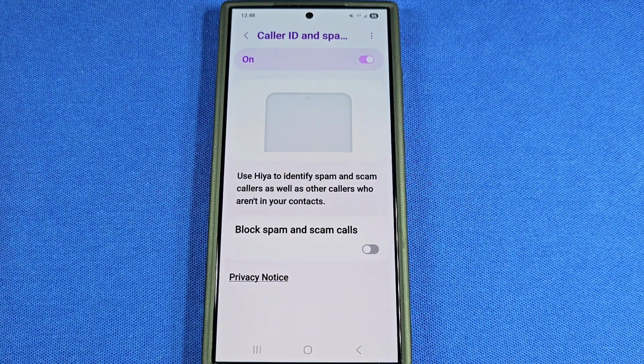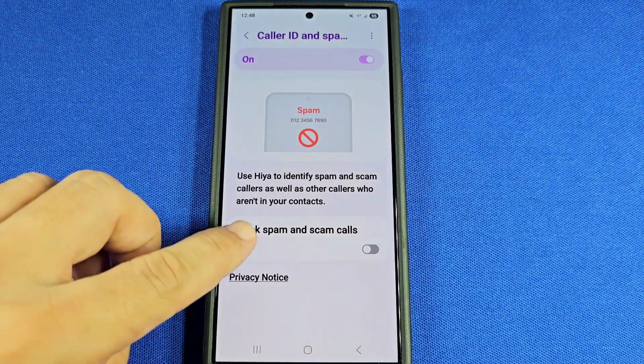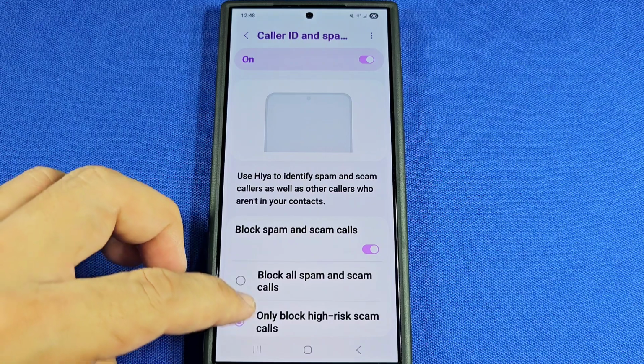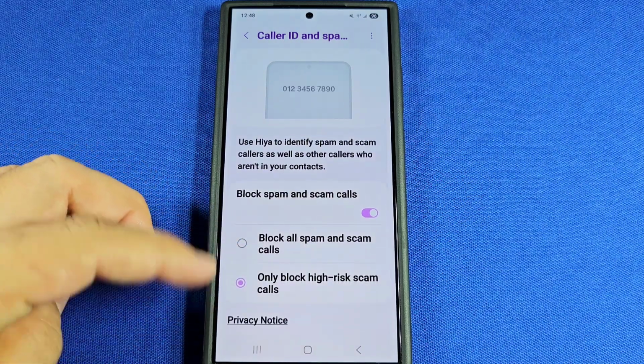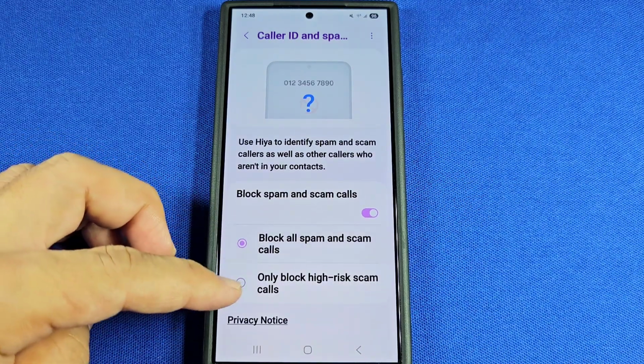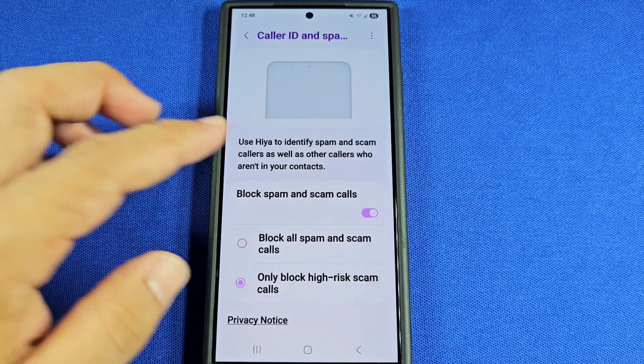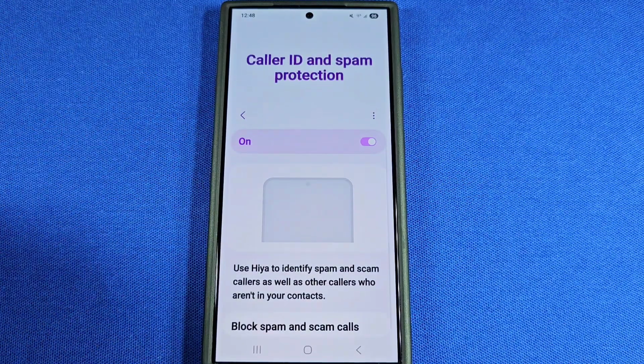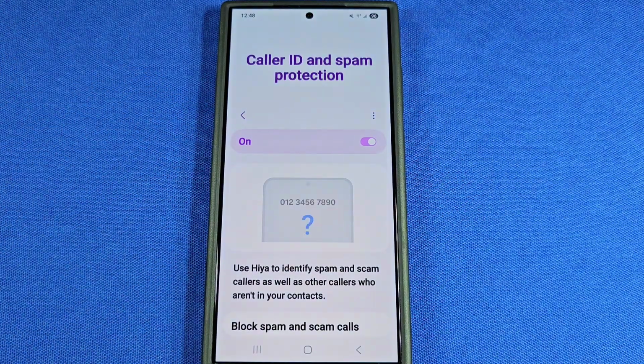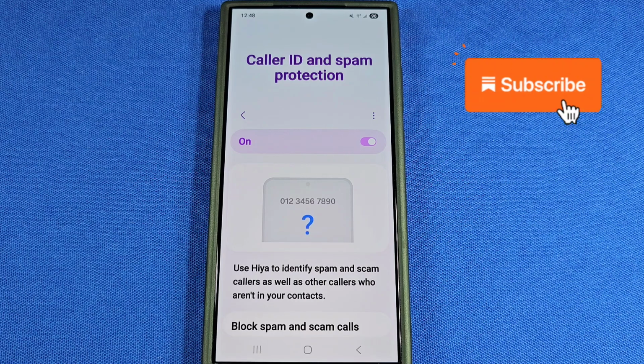And of course, this is usually based on callers that are not on your contacts list. You can also enable this feature here, the one that says block spam and scam calls, and you can choose which one you prefer, but you can only choose one out of the two, okay? And of course, prior to enabling this feature, you will be prompted to agree to certain features and usage of the caller ID and spam protection. All right, and of course, if you don't like this feature, you feel like it's not doing anything, just